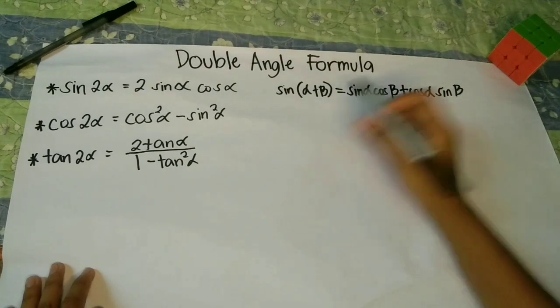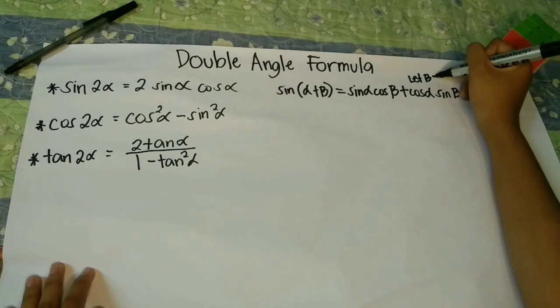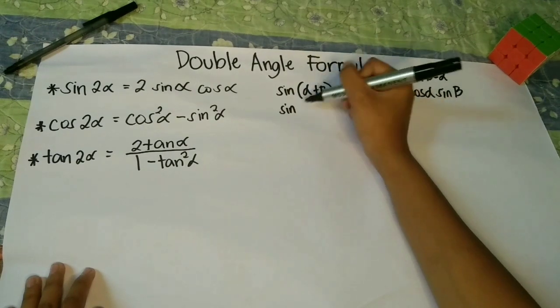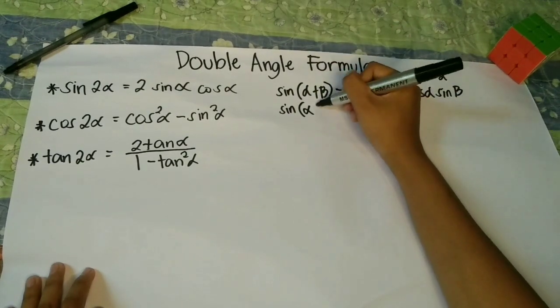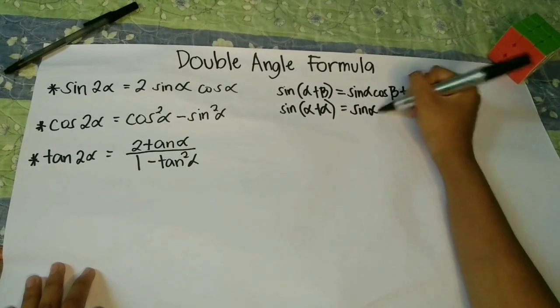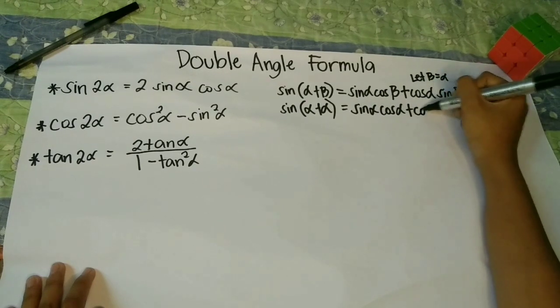So let beta is equal to alpha. So it will be sine alpha plus alpha is equal to sine alpha cosine alpha plus